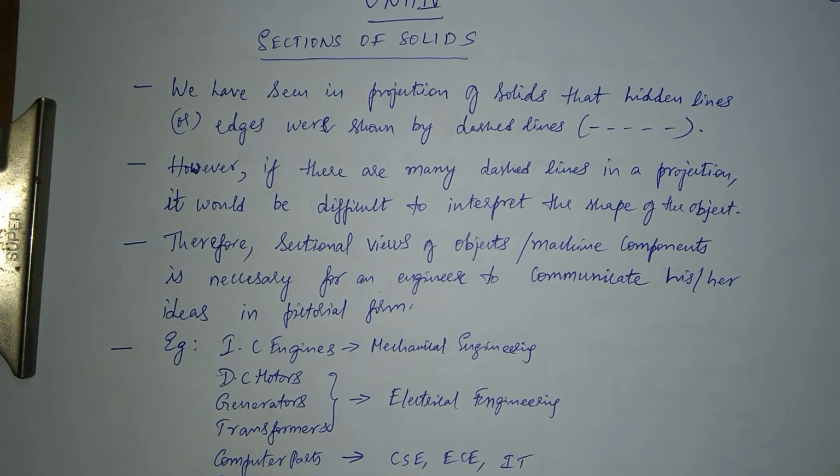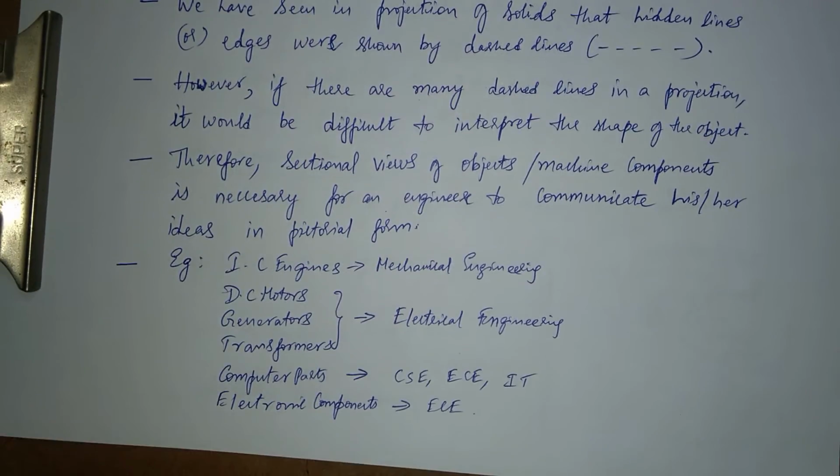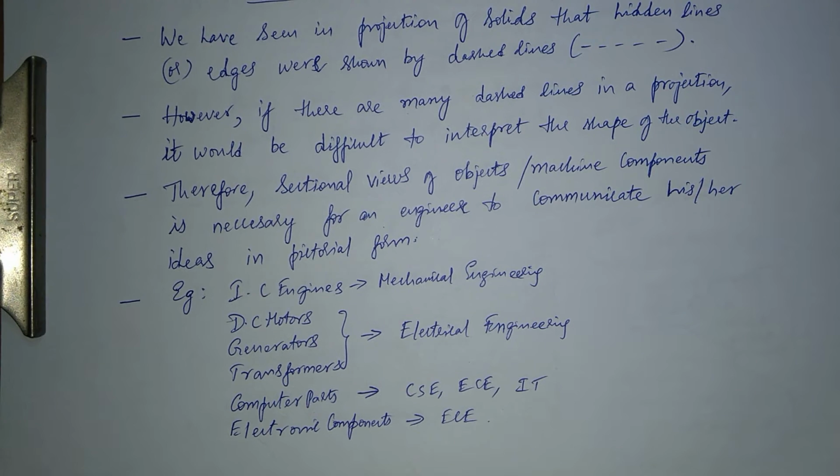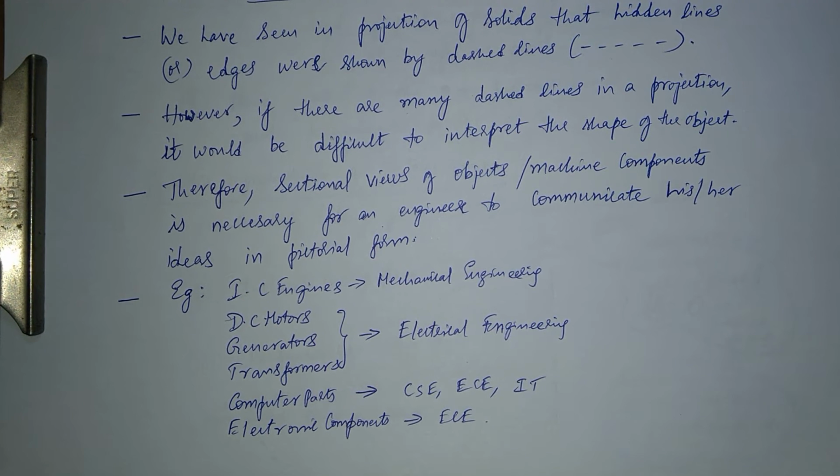I'll just give you some examples wherein mechanical engineers use IC engines. In IC engines or several other components, there are boilers and several other components wherein the application of the sections would be useful to communicate the ideas. Basically, how the internal component looks is what we want to communicate by the usage of sections